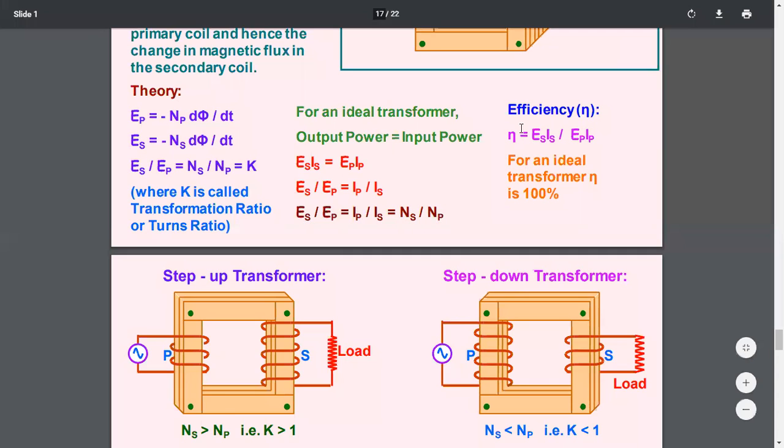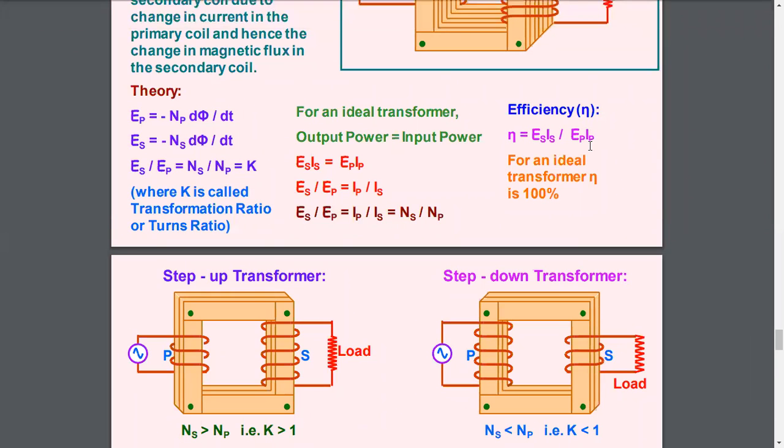And now the efficiency of a transformer is defined as the ratio of output power to that of input power, and is expressed in percentage. So when the ratio of output power to input power is multiplied by 100, we get the efficiency of the transformer in percentage. So for an ideal transformer, output power and input power will be equal. Therefore, for an